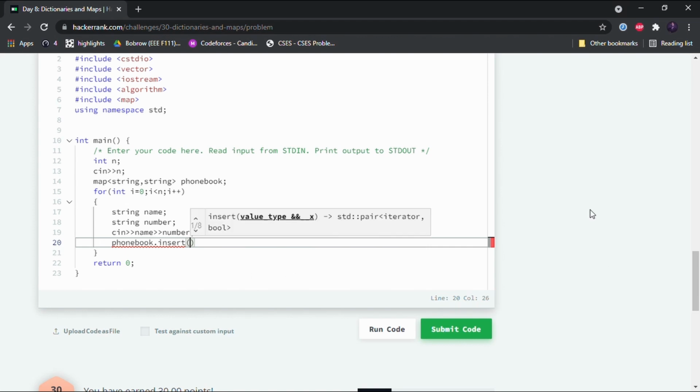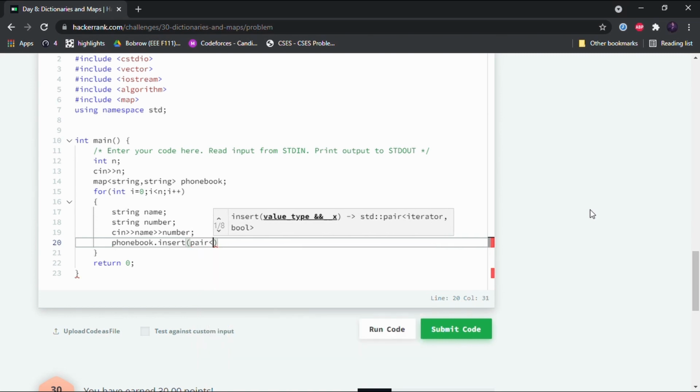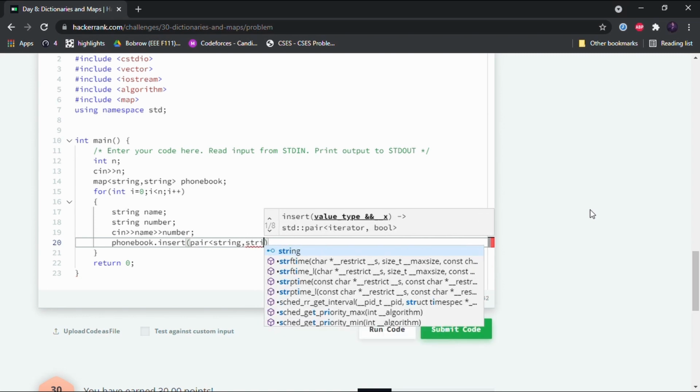And in brackets we'll have to make a pair. So pair is also a type of container, and what it does is store two values together as a single unit. So again we write the name of the data structure that this pair will store. So we are storing string.